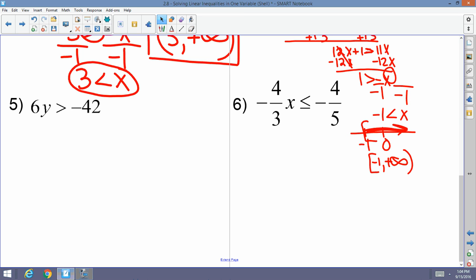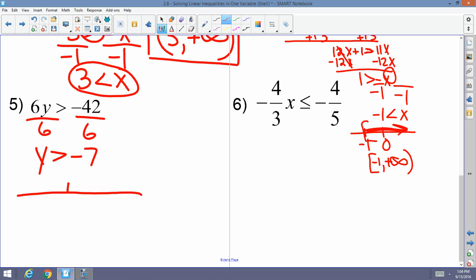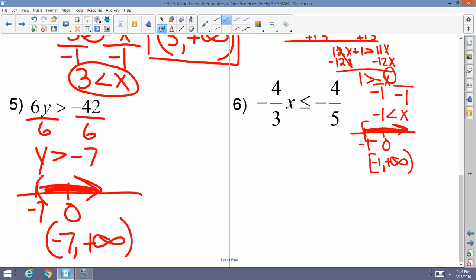Number 6, easy peasy. Divide by 6 to both sides. Y is greater than -7. Here's my 0 reference point, -7 over here. Y is greater than, parentheses, shade to the right, interval notation. I'm going from -7 to positive infinity. That's it, I'm done. And last but not least,